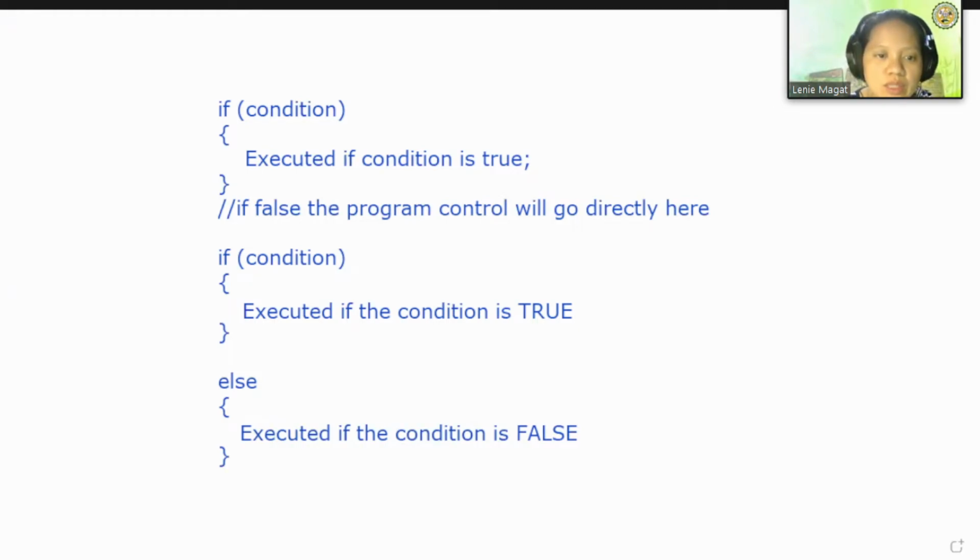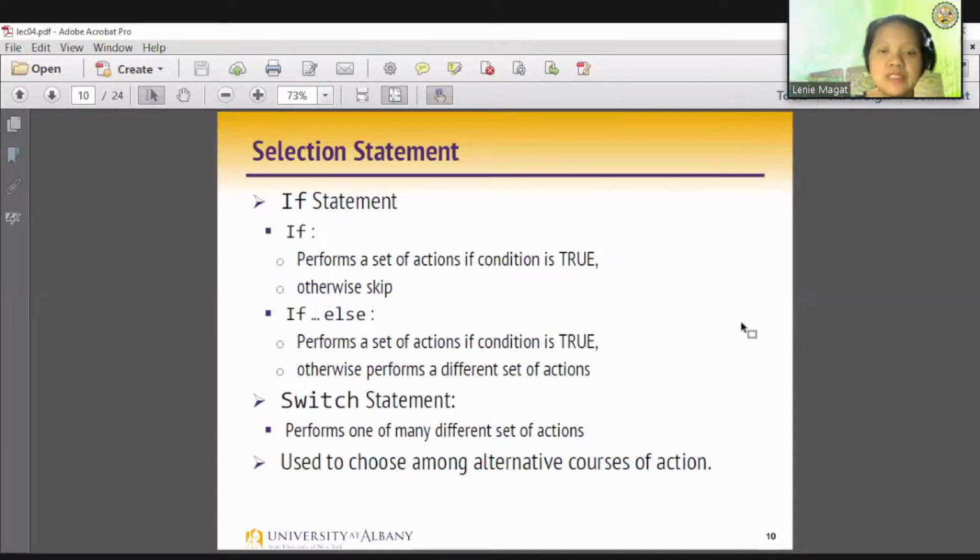So I hope that's clear. So let's go back to our lecture. Clear yan, class? Kung anong difference ng if tsaka ng if-else? Now, there is another